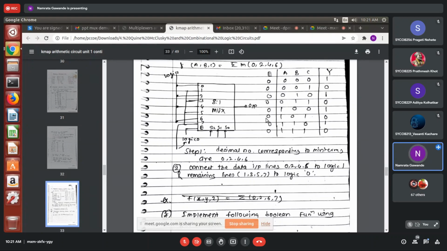See, whatever combination you are getting here, those are nothing but all the data inputs. And these 3 are the select lines. Select lines means we have a combination of only 3 bits over here. That will generate how many inputs? 8 inputs. And any one of the inputs will be selected, and that gives the output either as a 0 or as a 1. Right? So this is the concept.